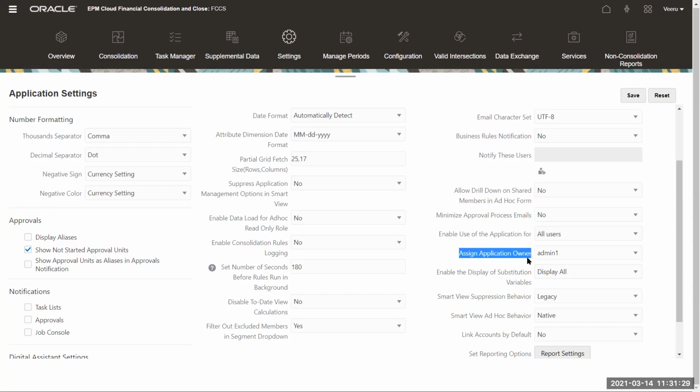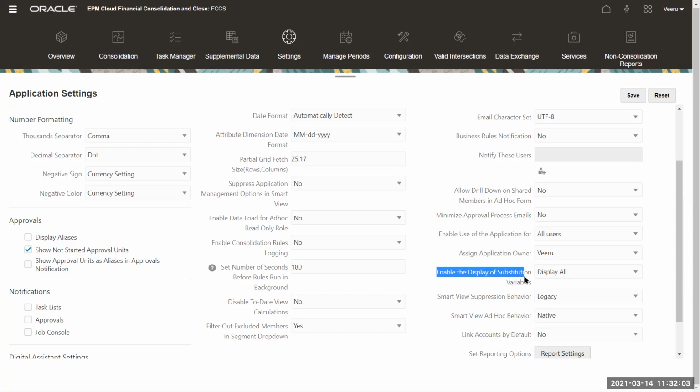And this is for the application owner. Assume that people leave, right? In organizations people come and leave. Then you can go and change the administrator from admin 1 to admin 2 or whatever it is. It will have a drop down list. I can also give my name. So when people change, this will give you the name of the application administrator. It's not useful anywhere, but when somebody leaves and that ID is deleted, then you don't know who the application owner is. So this will tell you who the application owner is.